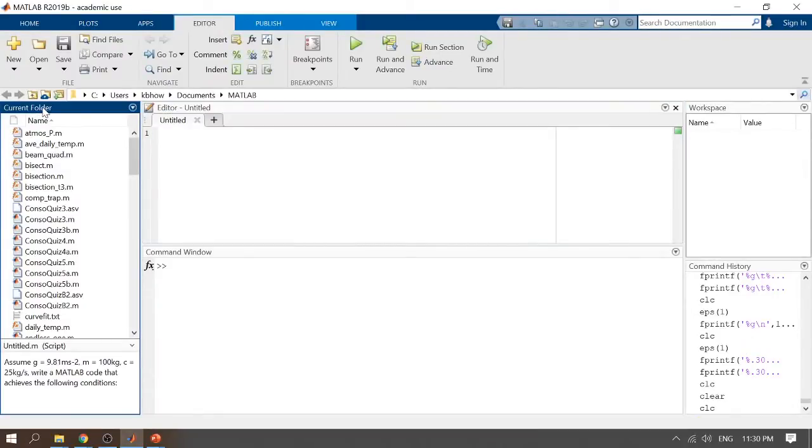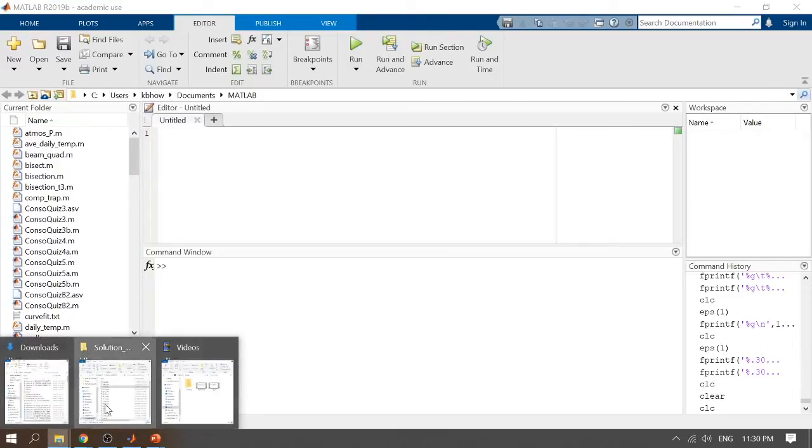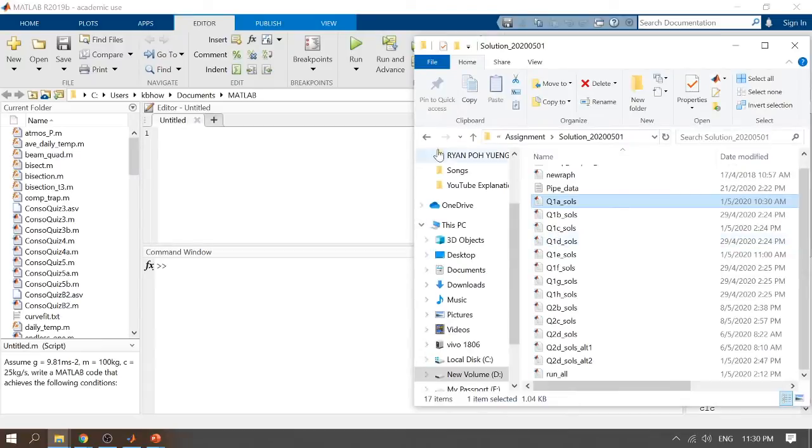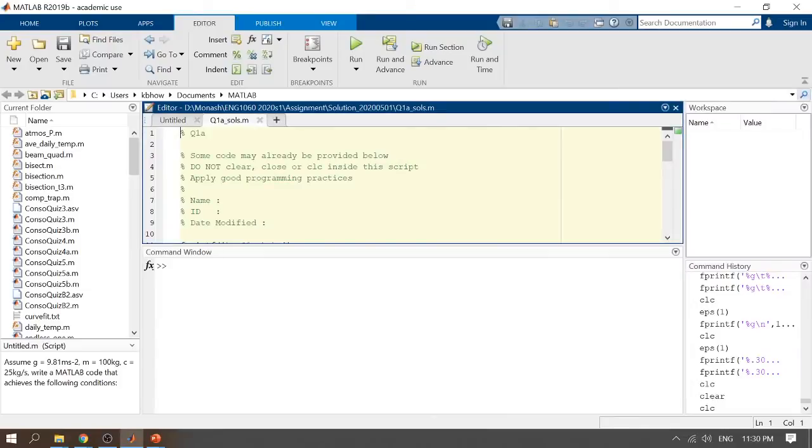Now, this is the current folder. The program that you want to run must be located in the current folder, and you can view the current folder location at this bar over here. So let me show you what happens if I try to run a program that is not in the current folder. For example, now I'm running from a different folder, as you can see from this bar here, and I will run Q1A assignment solution. So I double click Q1A solution